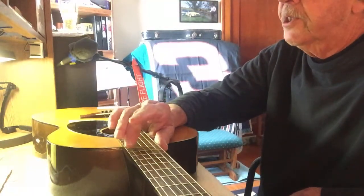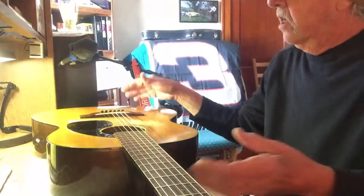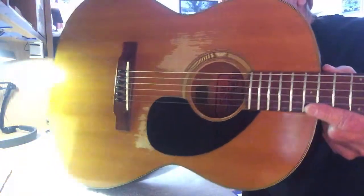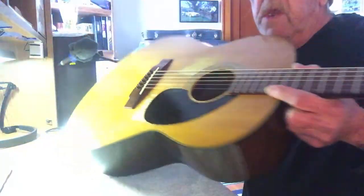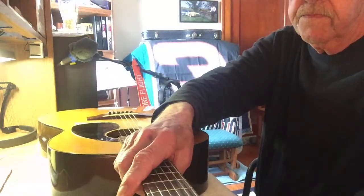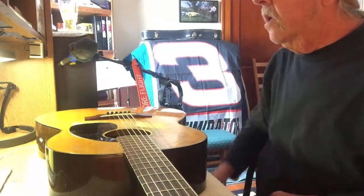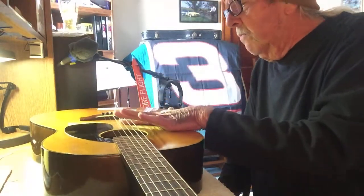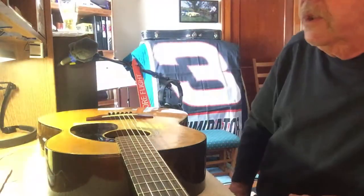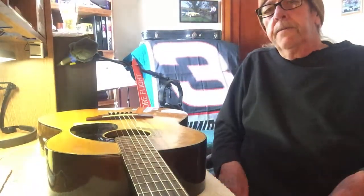a 1974 FG75 red label. I don't know if I can get that up there and show you or not. There you go. You see it. Anyways, these guitars were a few years before this too. But anyways, these are what you would call a Nippon Gakki, right? Nippon Gakki,